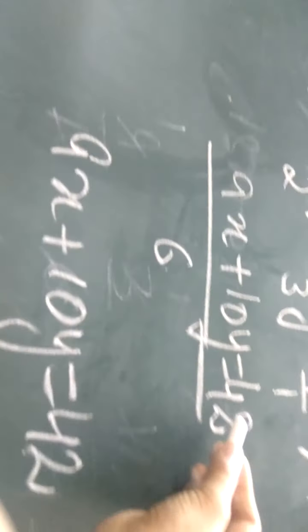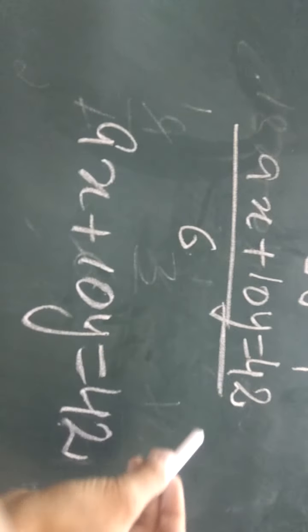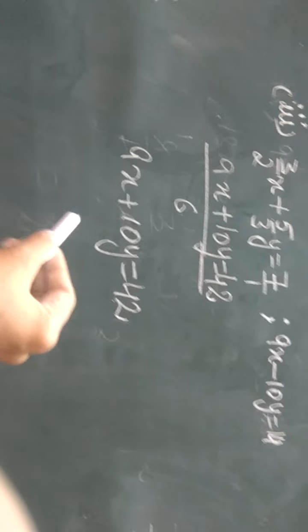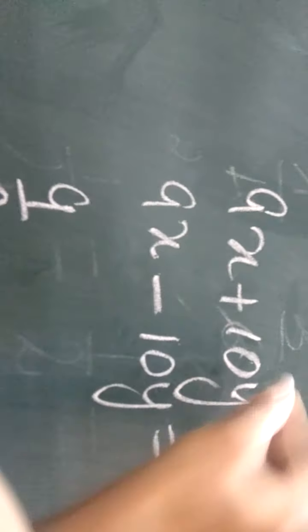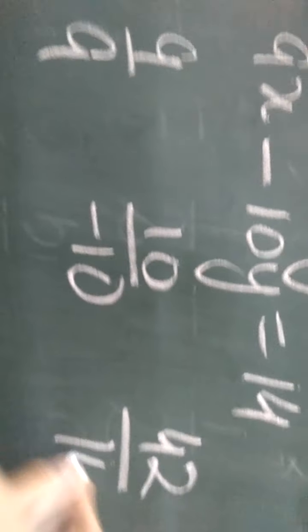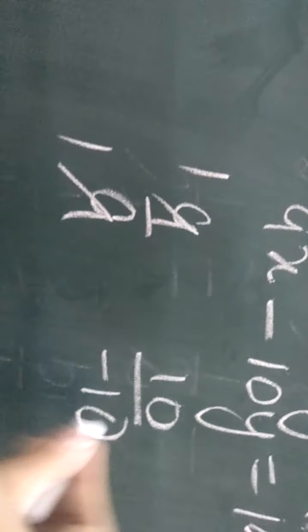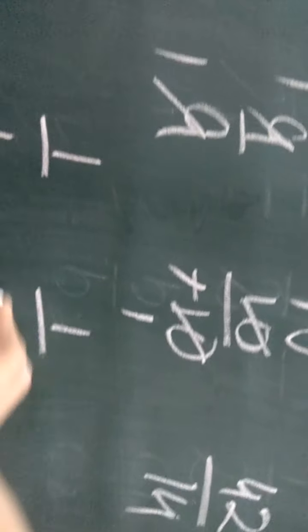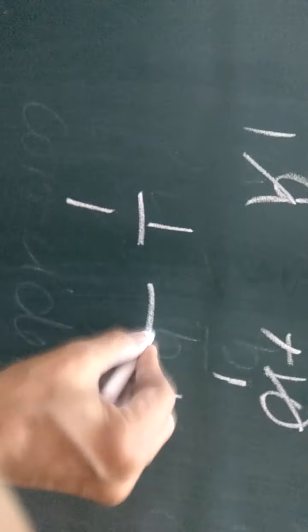Now no need to cross multiply. We can leave it. It will get cancelled out. We'll get a complete new equation in this form. And now the second equation will be the same. Let me write down that equation under this. So 9x minus 10y is equal to 14. Now let us compare A1 by A2, 9 by 9, B1 by B2, 10 by minus 10, C1 by C2, 42 by 14. This will become 1 by 1. This will become 1 by minus 1. Dear students, if the sign is different, then also it is not equal.